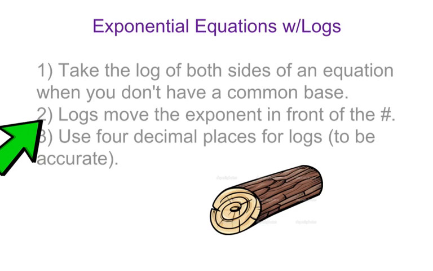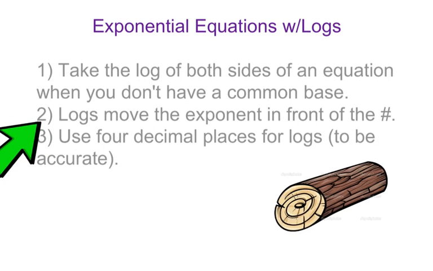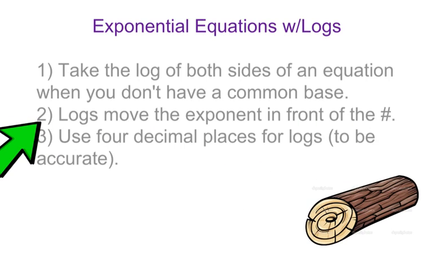Alright, so logs move the exponent in front of the number. I'll show you what I mean. So let's say we had, for an example, 2 to the x equals 5. Now we can both agree that 2 and 5 cannot be written with the same base. In other words, 2 to the second is 4, 2 to the third is 8, so 5 can't be written